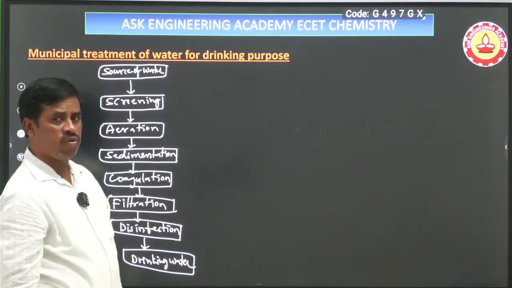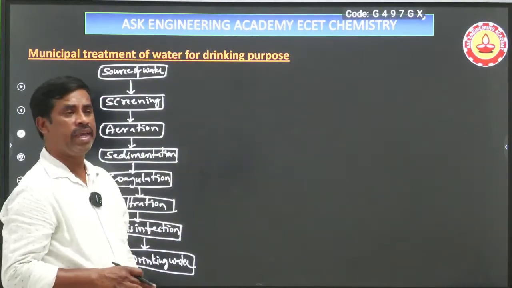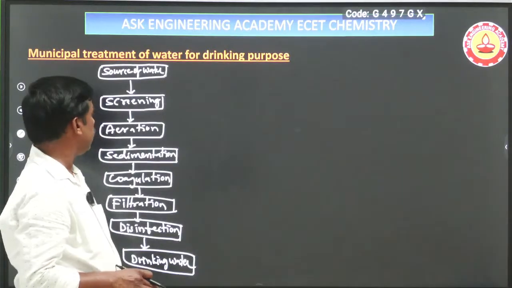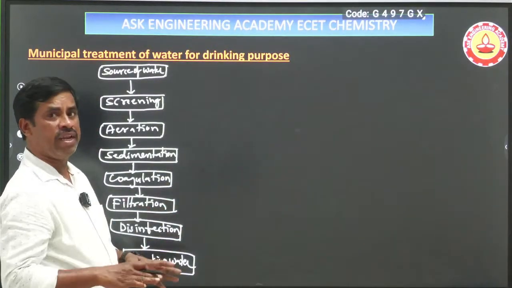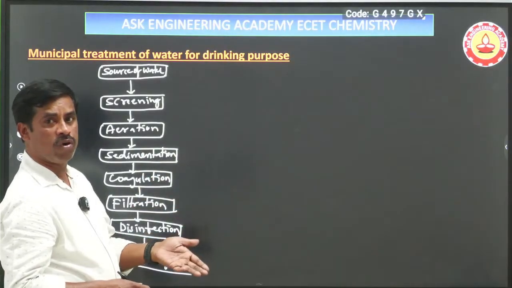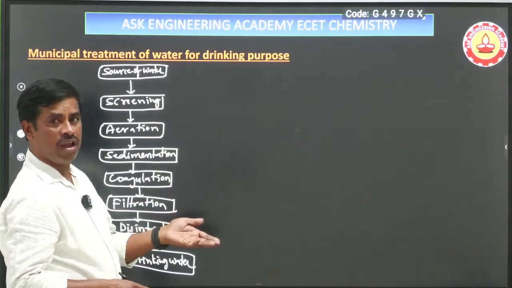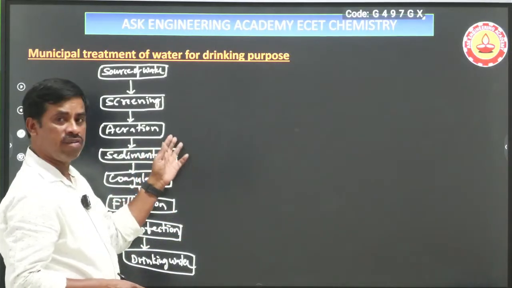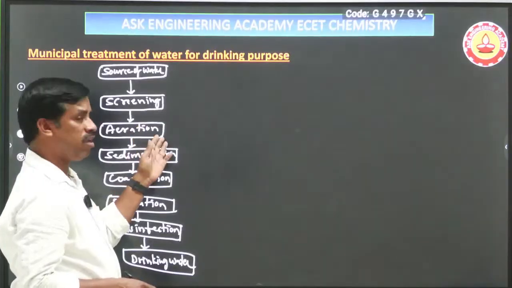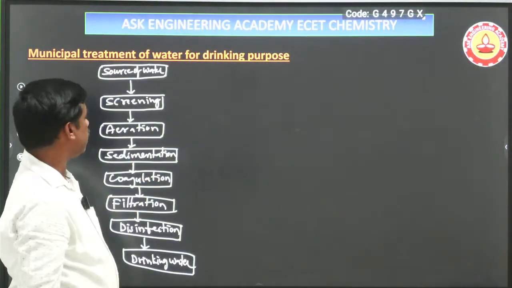Aeration process, what is going on? Just after the completion of screening, the water enters the aeration process in an open vessel. It is directly interacting with the environment. It increases the concentration of oxygen and removes dissolved manganese and heavy metals causing hardness, like manganese, nickel, copper, zinc, etc. Hardness can be removed during the aeration process.